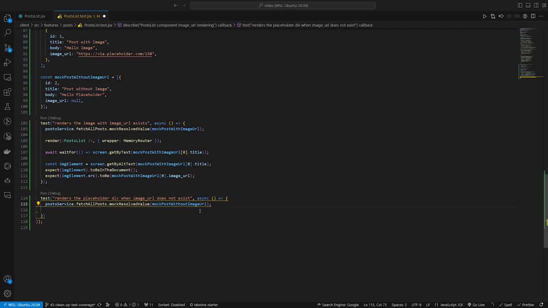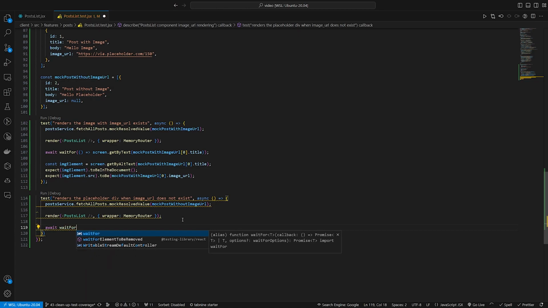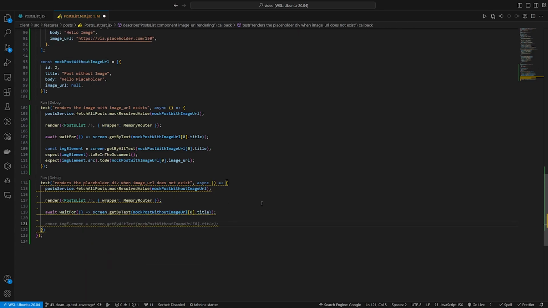Then we can go ahead and render our post list component again. We can then do a waitFor, and then I'll let GitHub Copilot hopefully do this the correct way. Looks like that's good. We can then do a const image. Actually, it's going to be not this. We can do a const